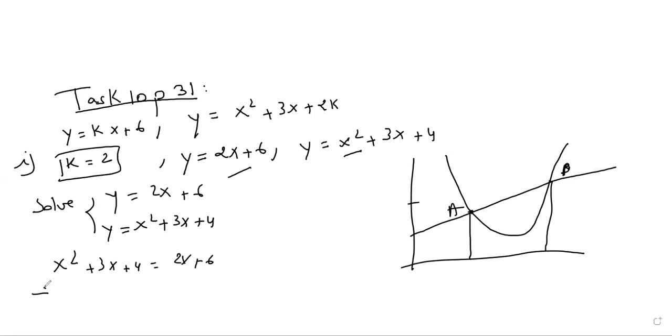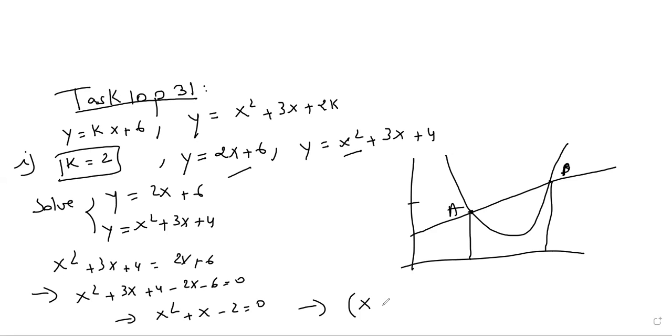I need to solve this simultaneous equation, so let's organize this in a better way. I will send everything to this side. So x squared plus 3x plus 4 minus 2x minus 6 is equal to 0. Rearranging this, I will have x squared plus x minus 2 is equal to 0. Well, I can use the quadratic formula or factorizing. Here, factorization is easy because I can factorize this as x minus 1 times x plus 2